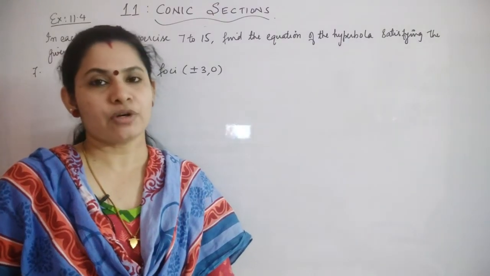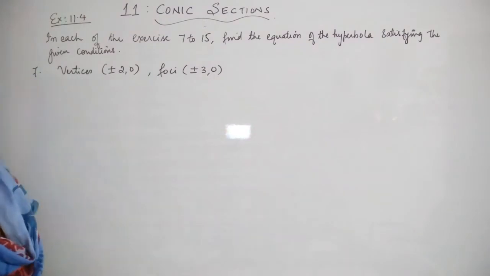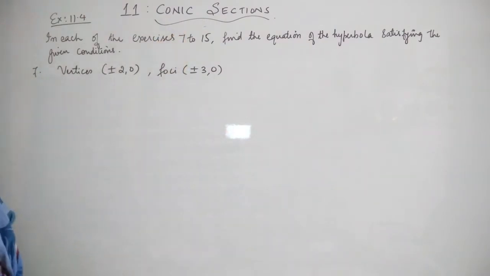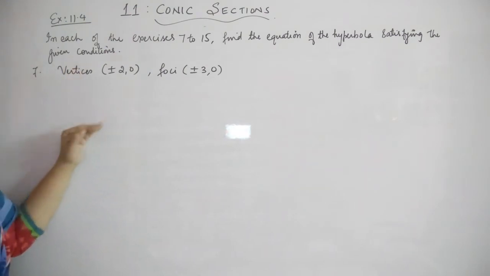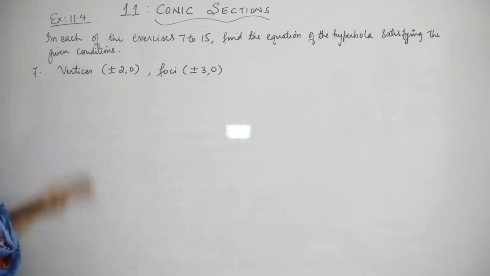Go for the remaining problems of the exercise 11.4. In each of the following exercises 7 to 15, find the equation of the hyperbola satisfying the given condition. So here we need to find out the equation of the hyperbola and certain conditions will be given. So for the 7th question, the condition given are vertices plus or minus 2, 0 and foci plus or minus